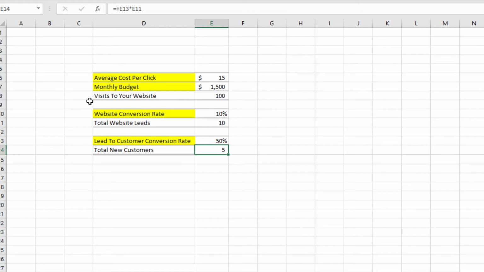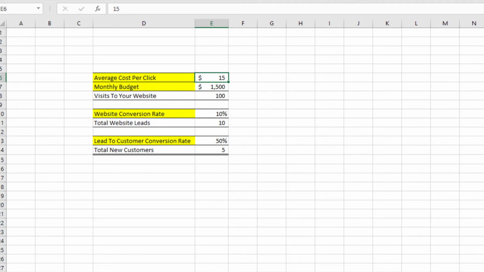So my recommendation is that you build a simple model like this in Excel. The areas in yellow, you can adjust these numbers to play around with and get comfortable. Where do I need to be profitable? What makes sense? And you get this number at the top in terms of average cost per click from the Google Keyword Planner. You can play around with monthly budgets. I think this will go a long ways to really helping you identify what is my optimal budget to help me reach reasonable goals.